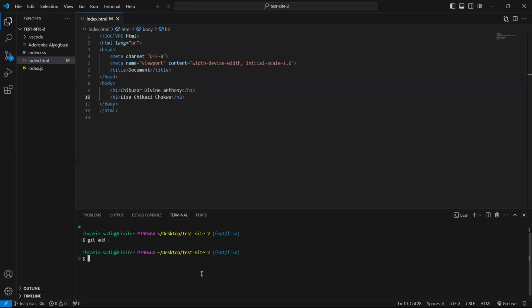The next thing you want to do is commit it. So git commit. Your commit message, what did you do? I'm asking for the commit message. You try to explain what you actually did on the project. That's what your commit message should be about.